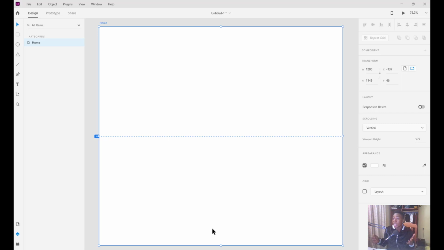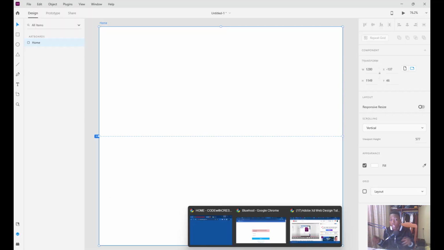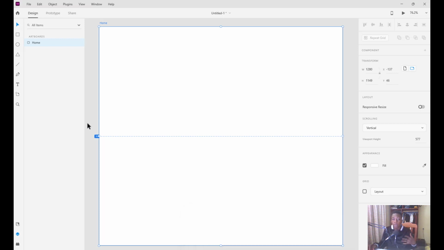Now, getting started with our design, guys, the first thing that I hope you haven't forgotten is what we spoke of last time. We spoke about the header and the footer. You have to determine where the header of your website is positioned and where the footer is positioned. So if you are trying to design something like a blog website, or maybe a tracking website,